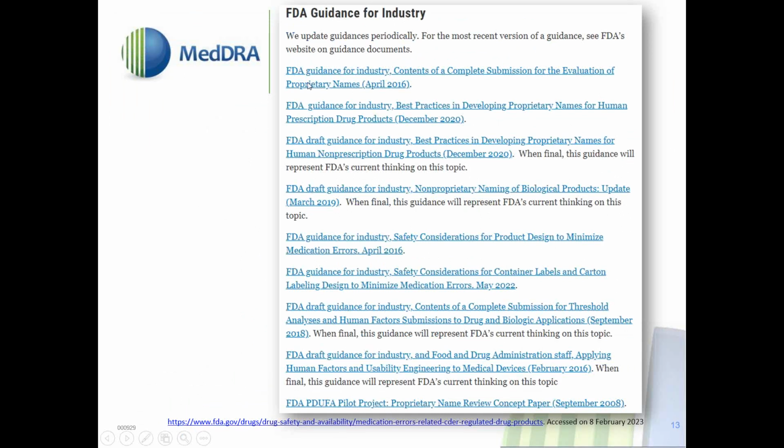They relate to proprietary names, they relate to non-proprietary naming of biological products, safety considerations for product design to minimize medication errors, etc. As stated earlier, regulatory requirements may differ between regions, so make yourself familiar with your local requirements. These are just examples.